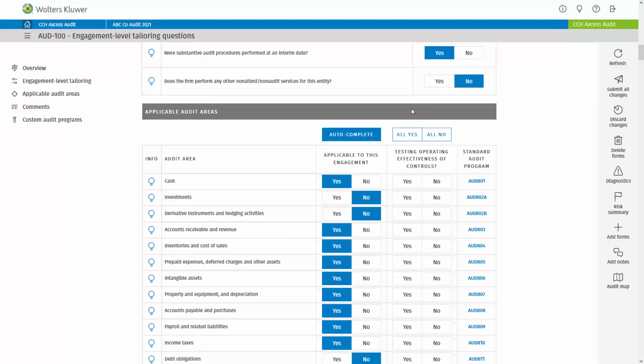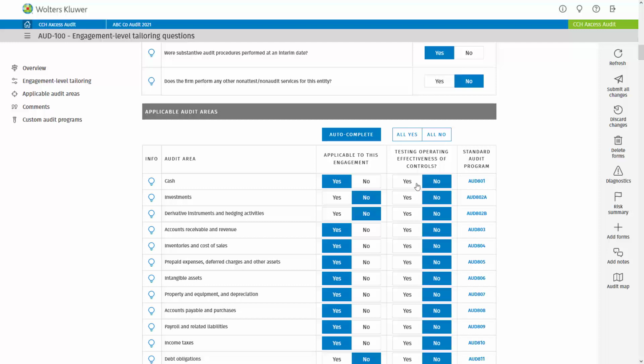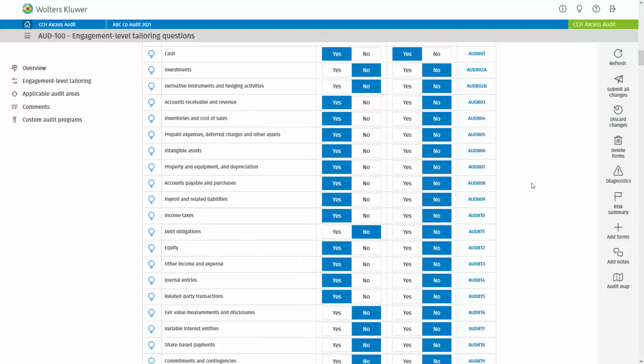Also, this is where we decide whether we're going to test the operating effectiveness of controls for each area. So I'm going to say no, except for cash. And again, this will flow throughout the audit. Let's go back to our engagement view now